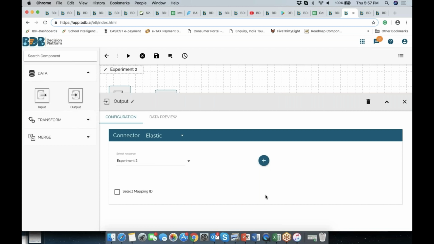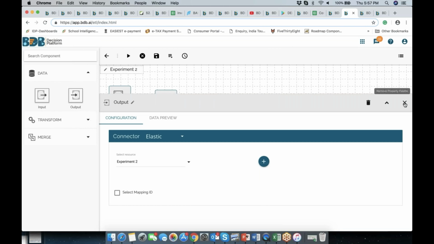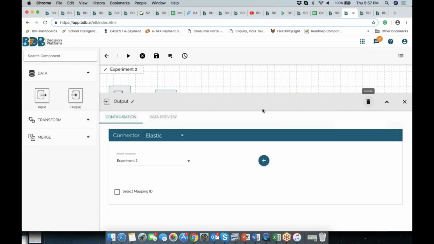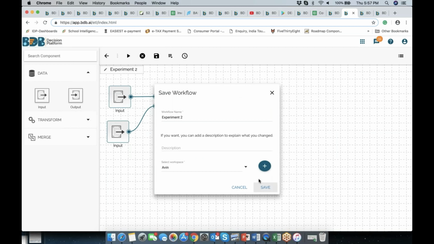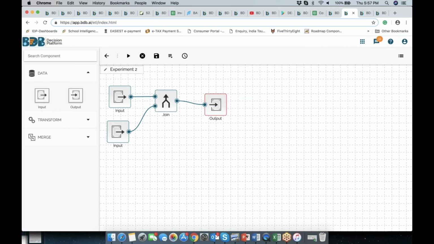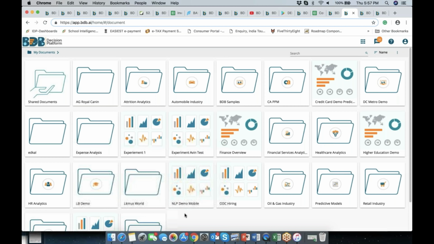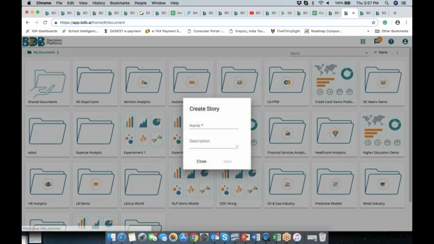So once I create it, this gets created here, and what I have to do now is just go and execute this workflow. Now this execution process has started. Since it's a small data, it has written that into the Elastic. And what I can do now is this data should be available to me immediately, and I can create a self-service